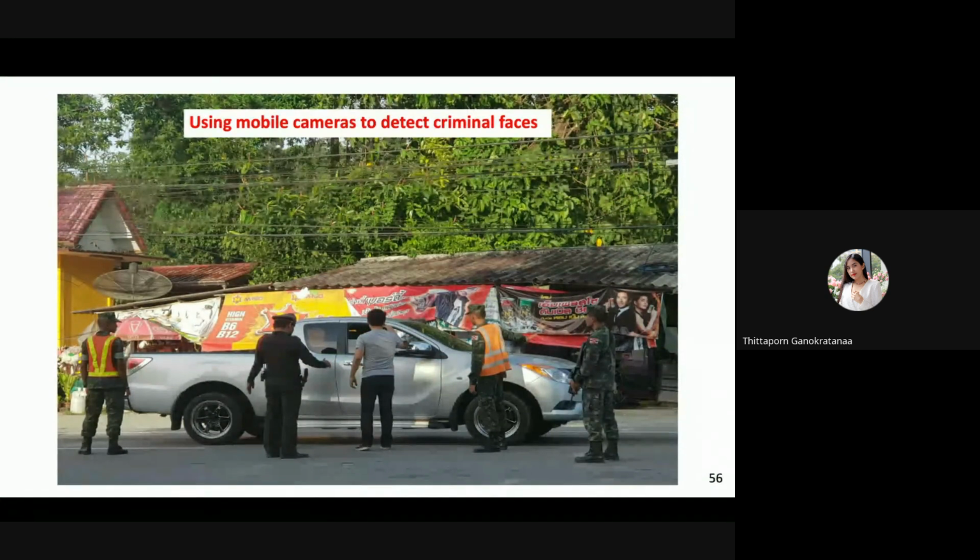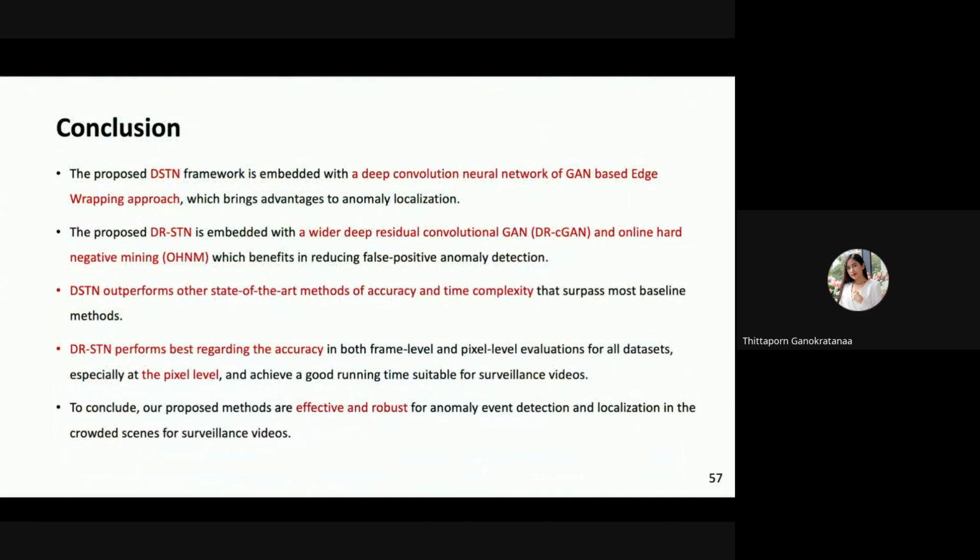We can also use mobile cameras to detect criminal faces, because if they try to go through the border, there will be a gate where the police can check the people who go in and out. So they can use mobile cameras to detect criminal faces as well. Yeah. Okay, so that's the overall